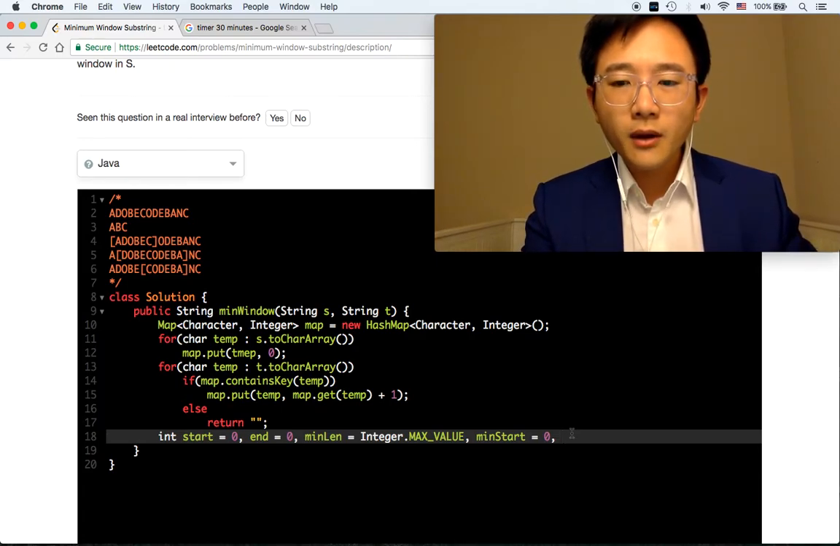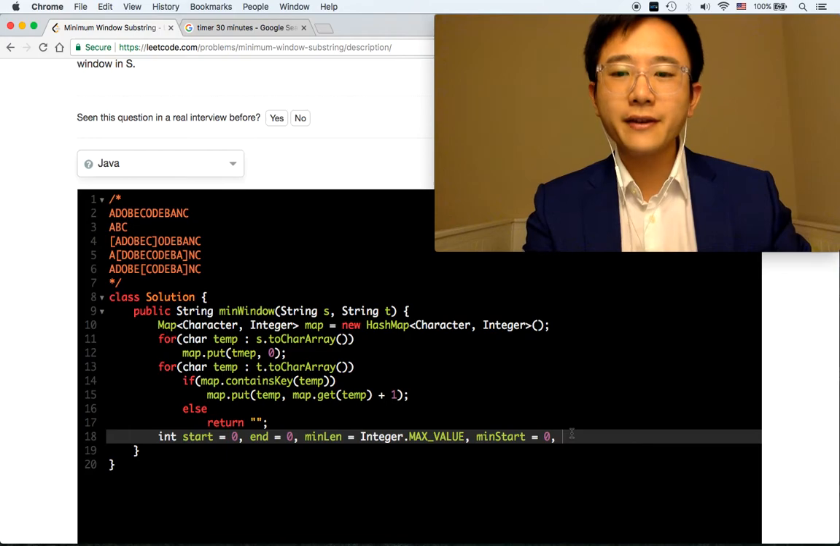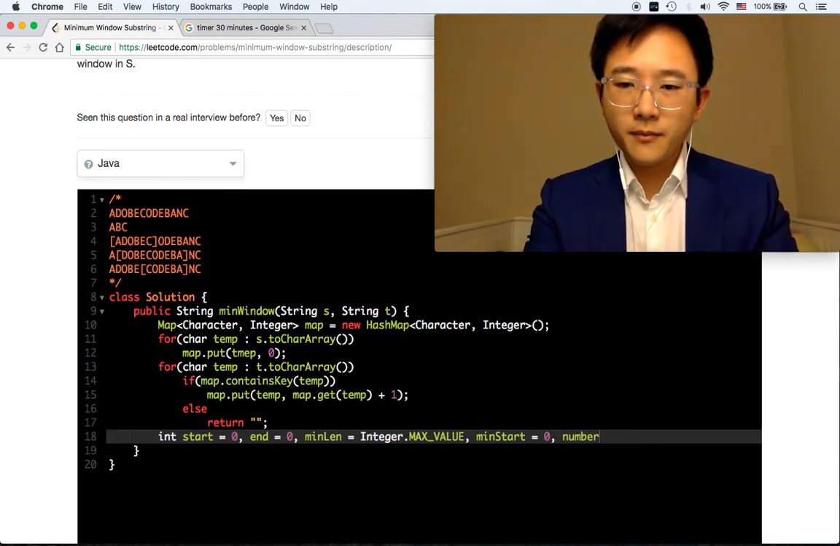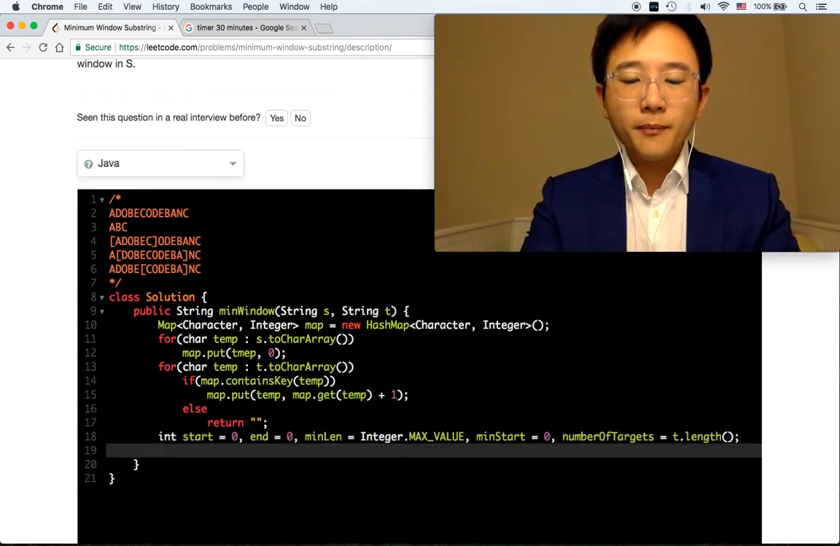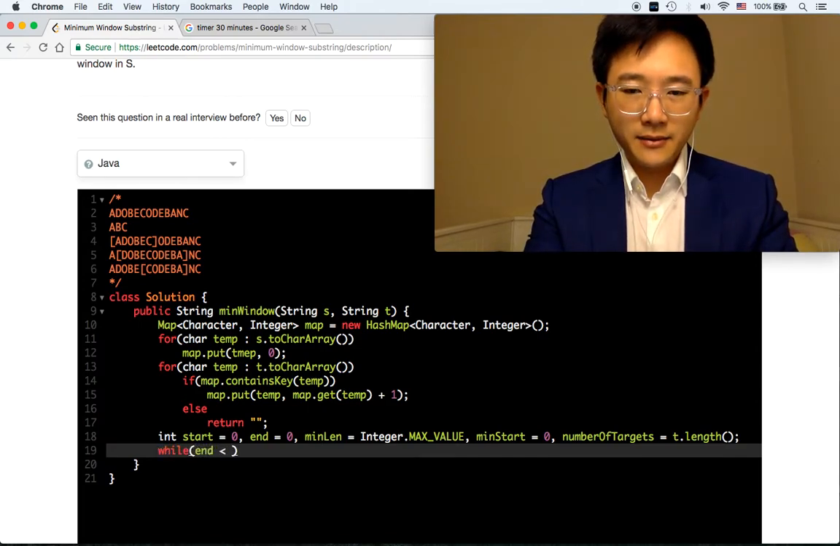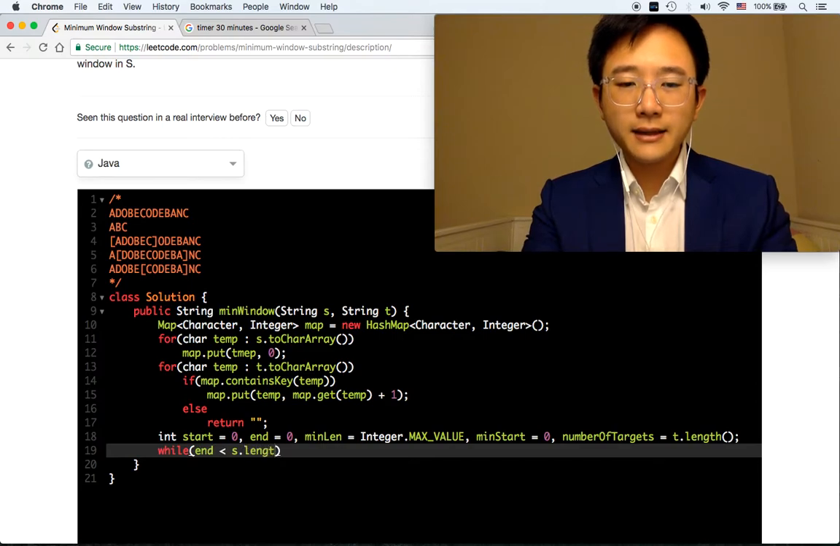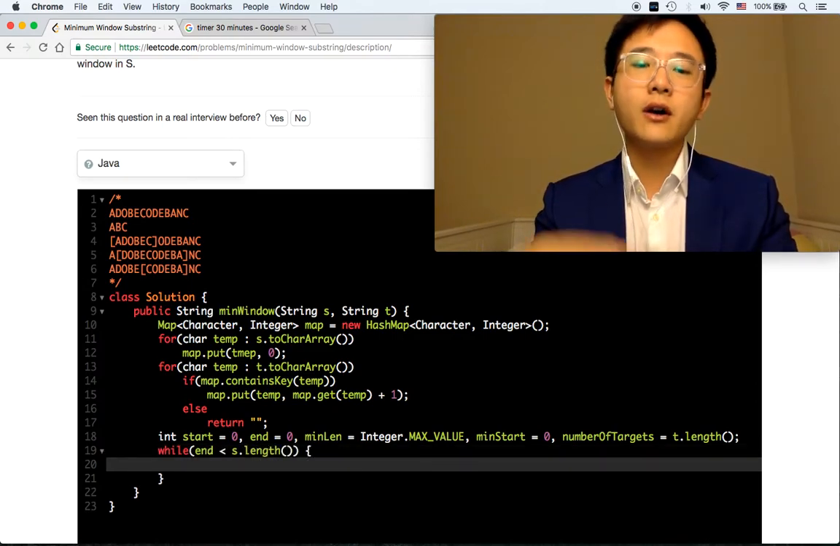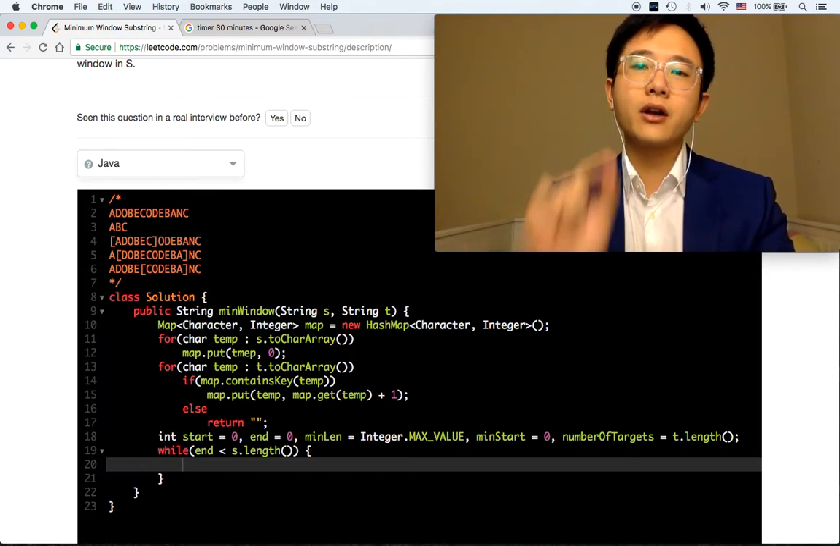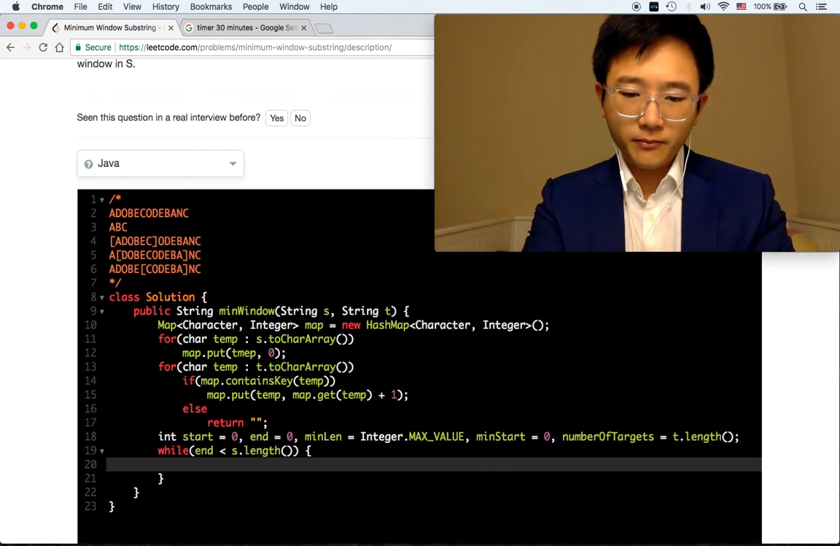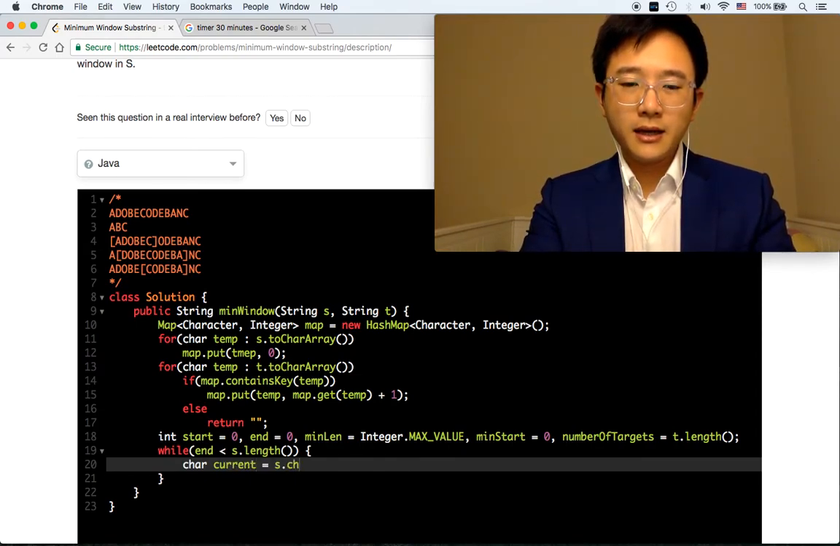Anyways, so we also need to keep track of that, and we'll just call it number of targets. This is going to be the length of t. Now while n is less than s.length, we have to go through the entire string, of course. What we're gonna do is, first of all, record the current character that we iterate. So current is gonna be s.charAt(n), and